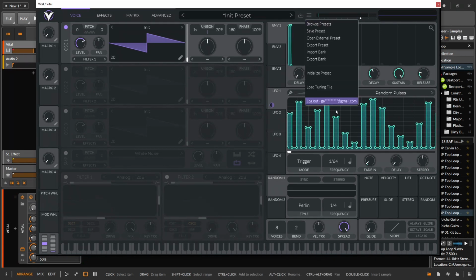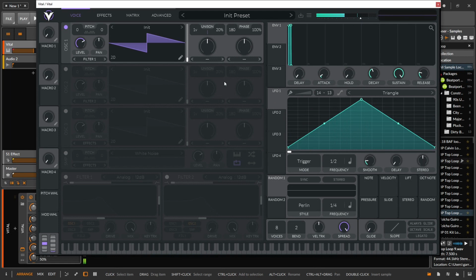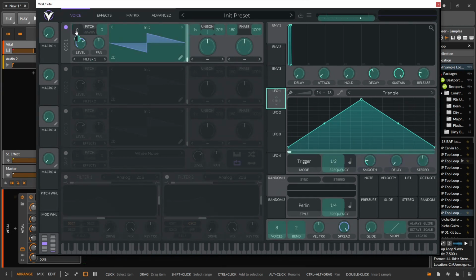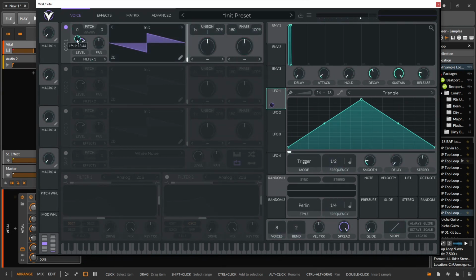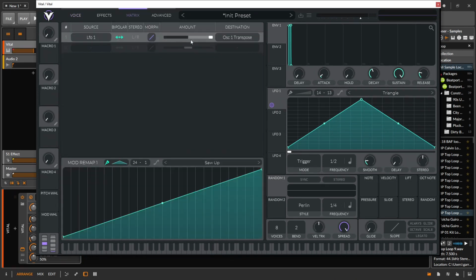So let's just initialize this patch. And let's pull the LFO onto, say, the pitch. That's one of the easiest ways to show this off. And actually, let's modulate that pitch bipolar. So now we've got this. So now if we turn up the stereo, let's just pull down that modulation. Now if we pull up the stereo,